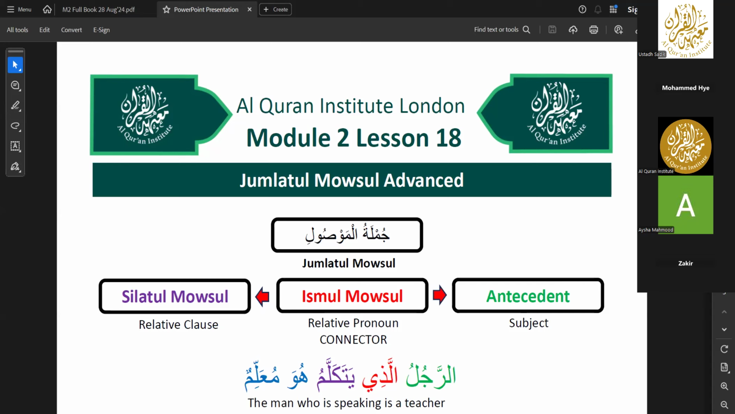If you don't mind, just remind them about pronouns from earlier on in module 1. There are different types of pronoun, and this was one of them. So in module 1, there were a few lessons where we covered relative pronouns and demonstrative pronouns like Ism al-Ishara. Actually, to make this more interactive,